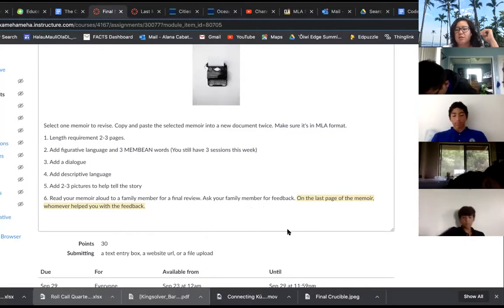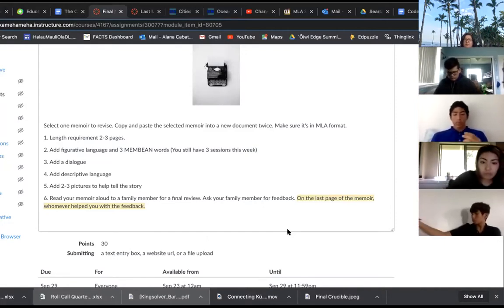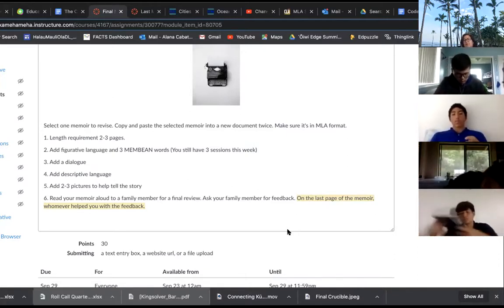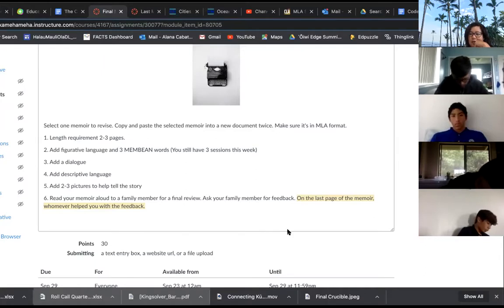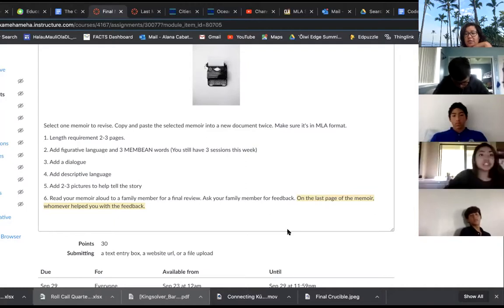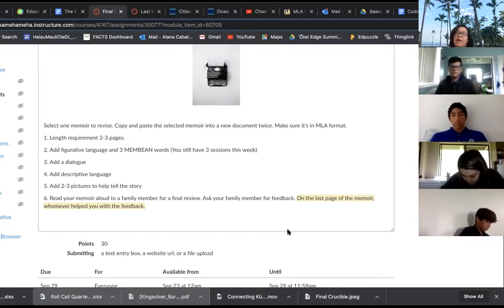And last, number 6. Can you guys write this down in your planners? I need you to write it down in your planners that prior to turning in or submitting your final draft, you need to read your final memoir piece to one of your family members. And you gotta ask for feedback. Okay, ask them, is it boring? Because you know your family, they don't hold back, yeah? They tell you how it is. So if they tell you it's boring, you're gonna have to change, yeah? And they might even remember something that you didn't remember, and you might wanna add that in there.